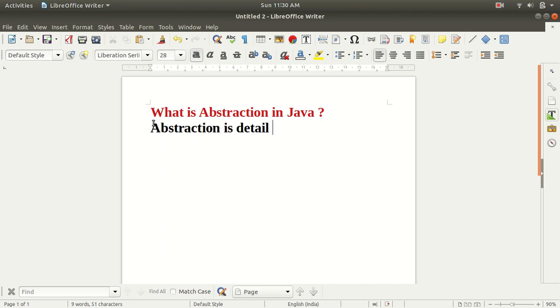Abstraction is detail hiding or implementation hiding and only showing the main services. It means that we will hide the internal details and we will only show the main services.